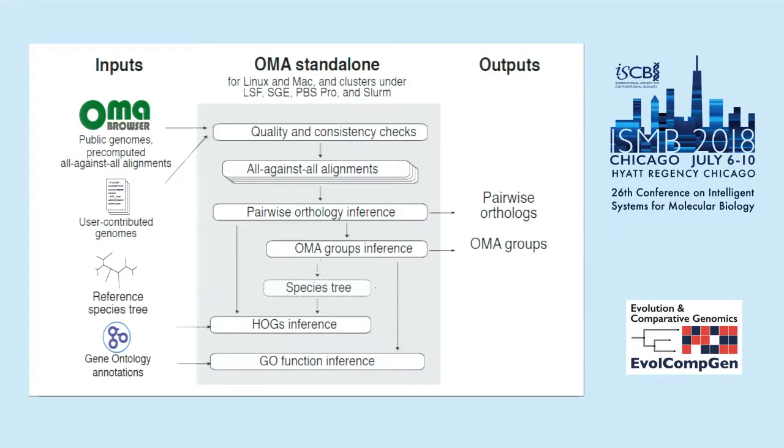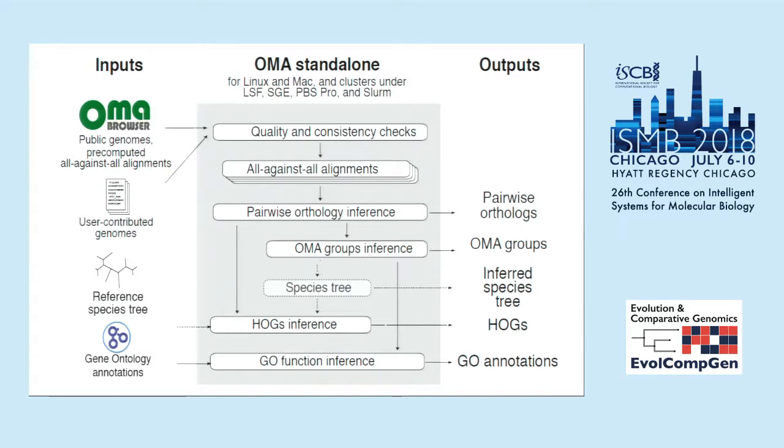And then you could either specify a reference tree, or you can let OMA try to infer one from these OMA groups. And then we will do this HOG inference for you. So we build all these hierarchical orthologous groups. And then we can also do some gene ontology function propagation, using the ortholog conjecture, where the user can choose how the decay is in terms of orthology and paralogy, however they like it. So we cater to people on both sides of the debate. And you can get a result in all of these different things.